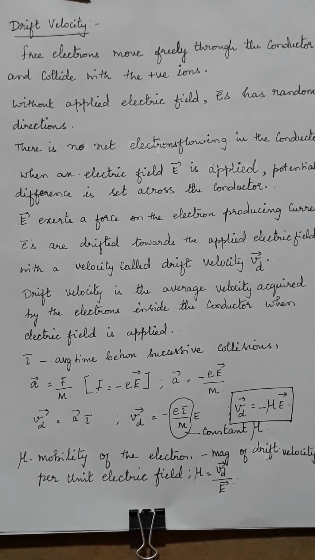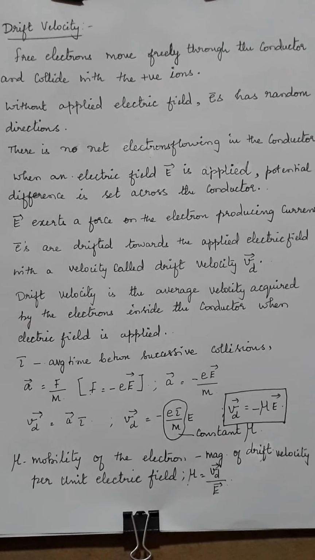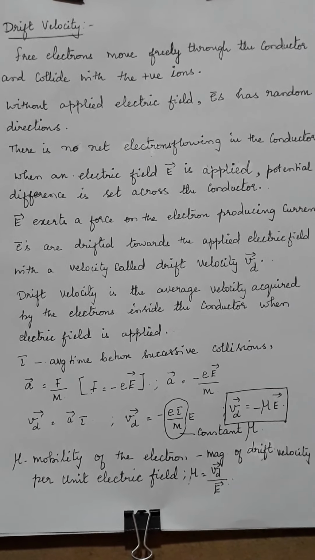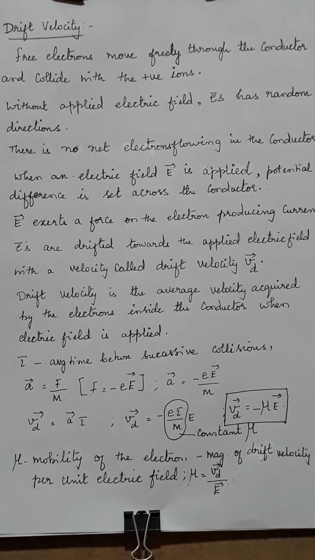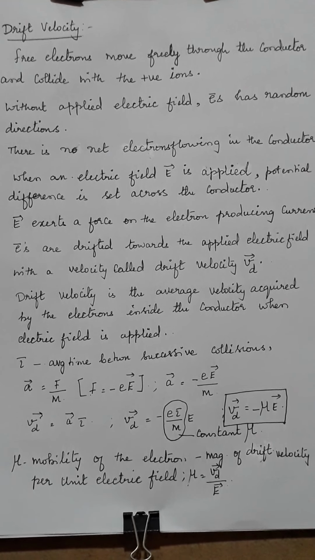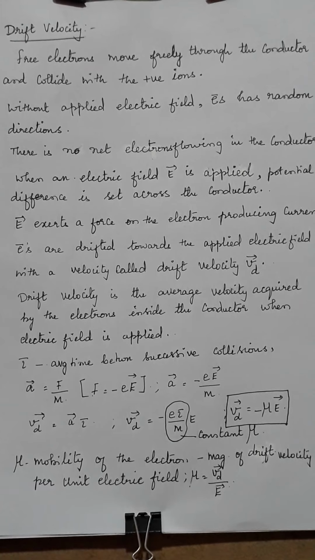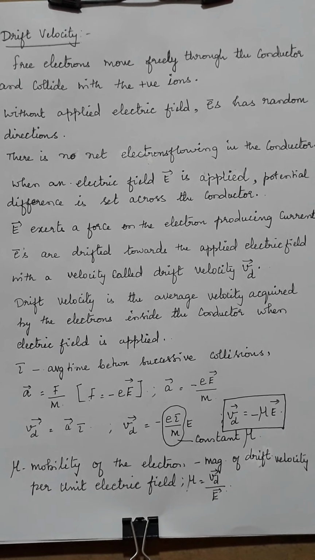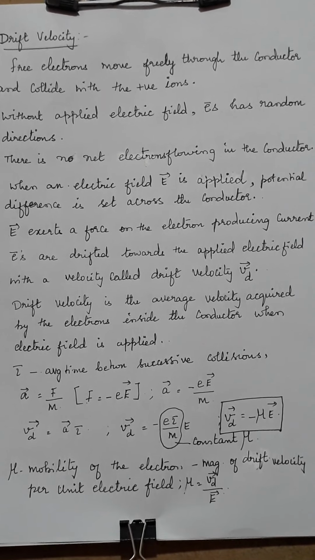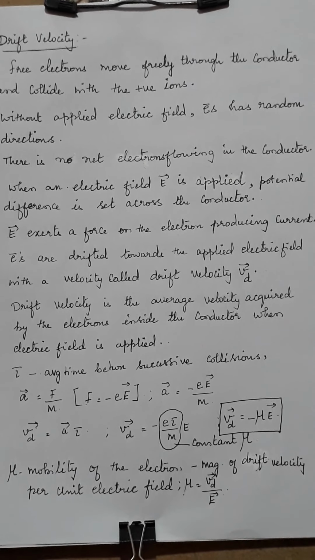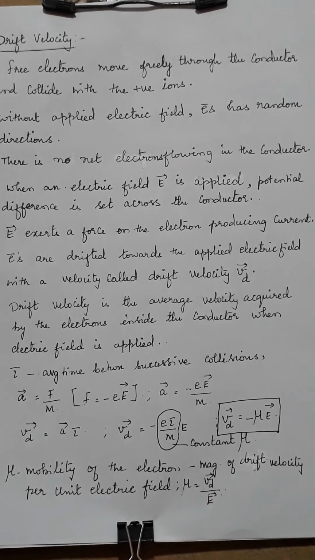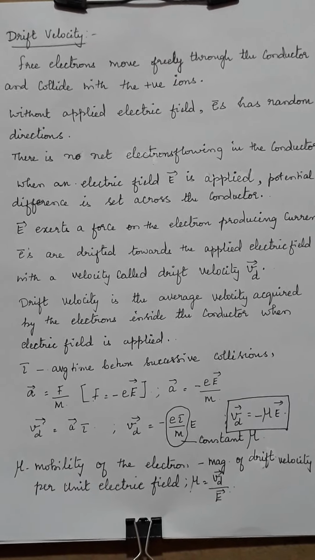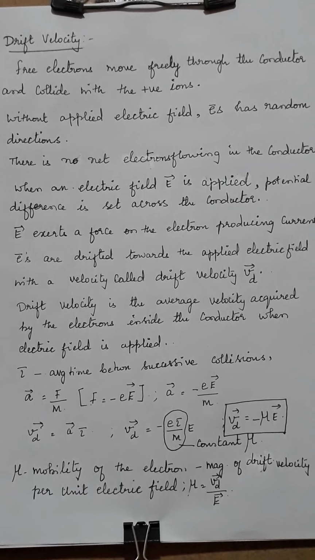And something called a free electron that you all studied. What is a free electron? Free electrons can move all around the conductor, and they can cause current. Now we will look into how this free electron is going to constitute the current. On applying an electric field, what happens? These free electrons start moving and it constitutes a current.